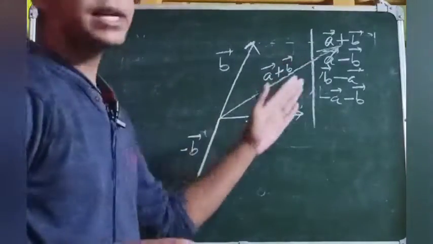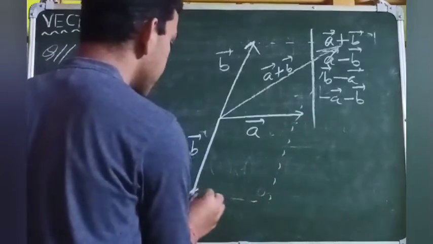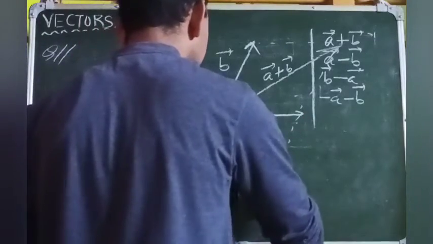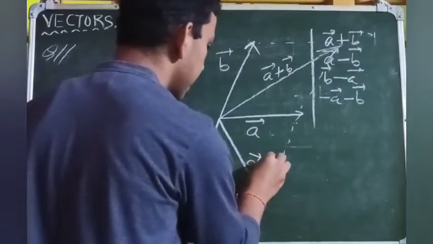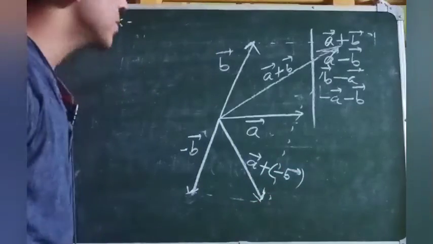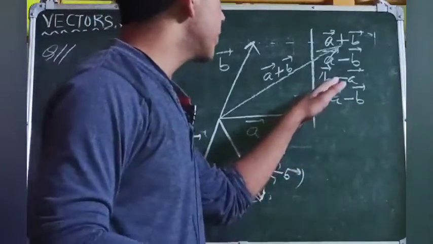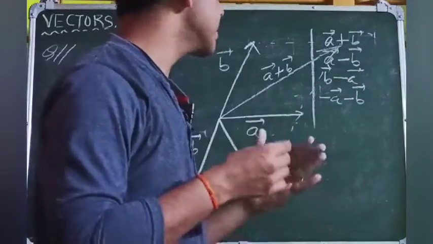Now we have to find the resultant of a vector and minus b vector. So if we complete this parallelogram, we will get the resultant of a vector and minus b vector. So this is going to be the resultant, a vector plus minus b vector, which is simply a vector minus b vector. Now, if we are to find the resultant of b vector plus minus a vector,